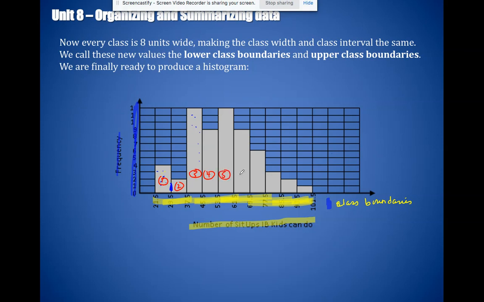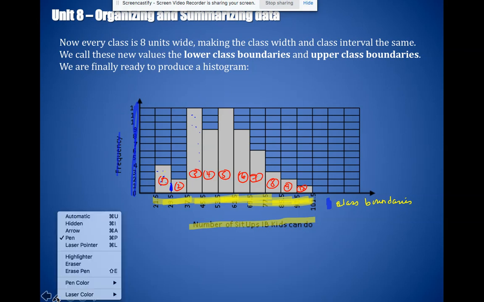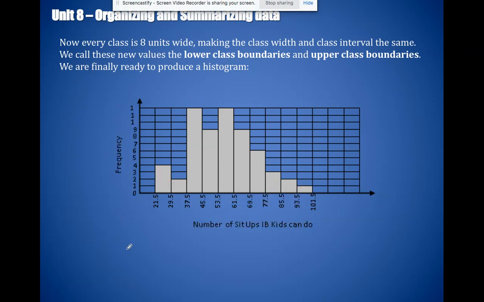Now look at the organization of this large data set. Can you see where the mode might be? Can you estimate where you might think the mean is just looking at the data? Can you estimate the mean? Here's what I want you to think about that. If I asked you to estimate the mean from the histogram, I want you to think